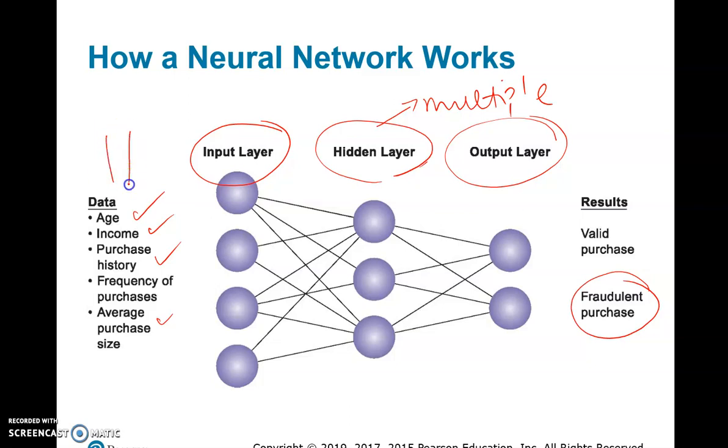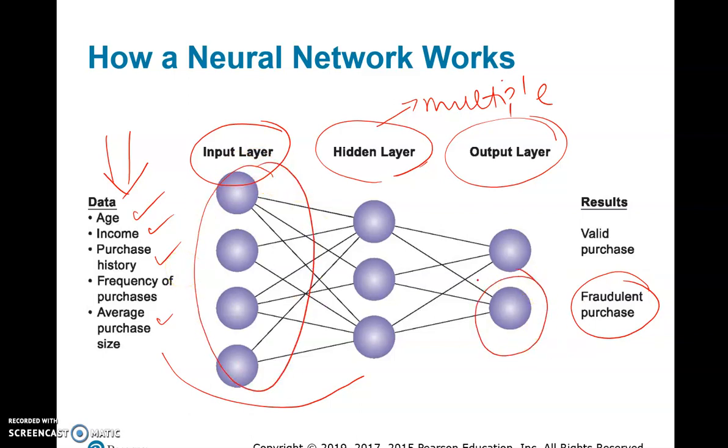So by giving lots and lots of data and having an algorithm to take various inputs or various combinations of inputs and coming out with fraudulent purchases, you can find in the future, if somebody applies the data with an income and age and what is the purchase that I've made, then you can find whether it's a fraudulent purchase or a valid purchase. That's how neural networks work. They find the trends and the patterns in this data, and then use those trends and patterns so that you can predict for future customers.